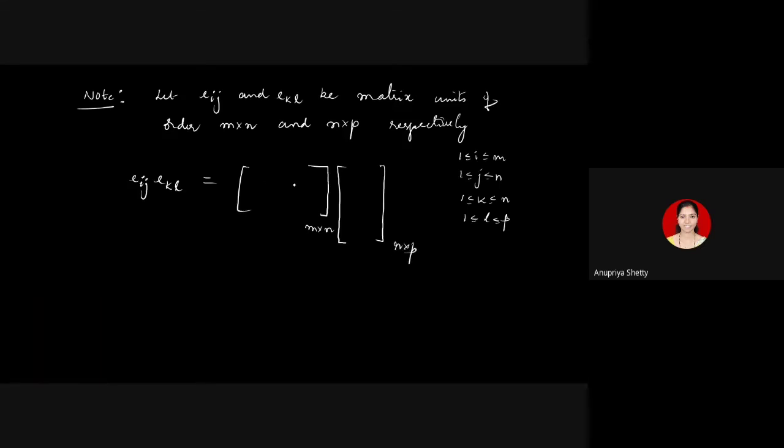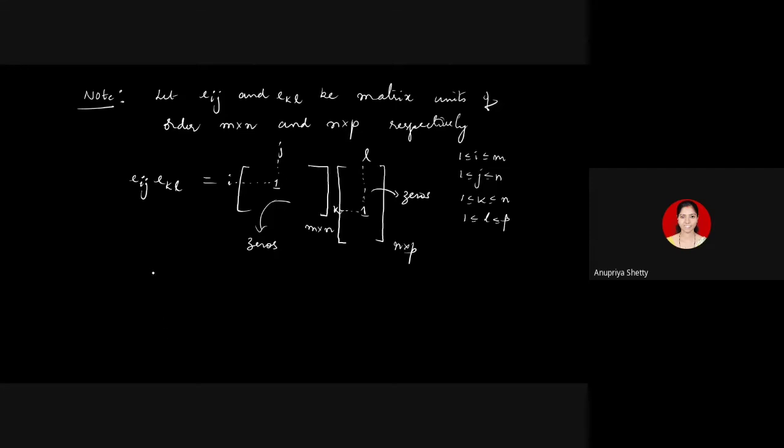N by P. Because this is Eij, what will happen? It will have one present in the ijth position, some i and some j. We don't know what i and j are, but in exactly the ijth position it has one. Rest all the entries are zeros. Keep that in mind. Only here we have one. What about Ekl? Somewhere here there is the kth row and somewhere here the lth column. Then you'll have one here. This is K, this is L, rest everything is 0 because they are matrix units.